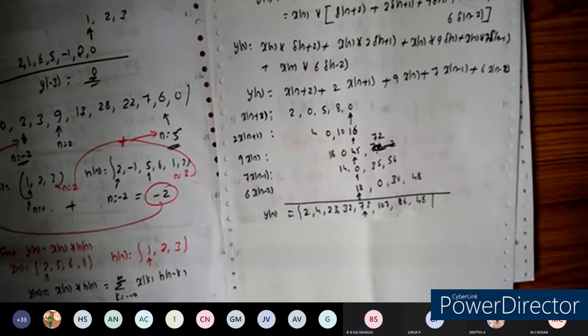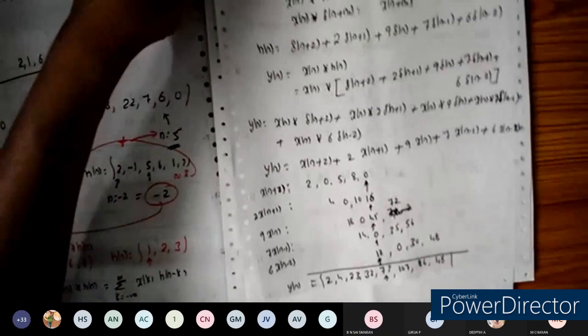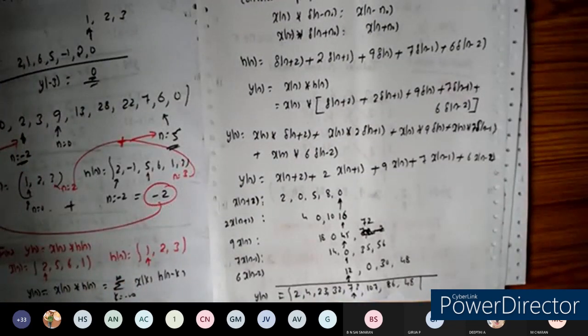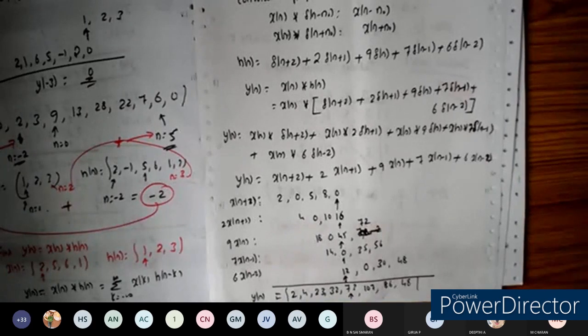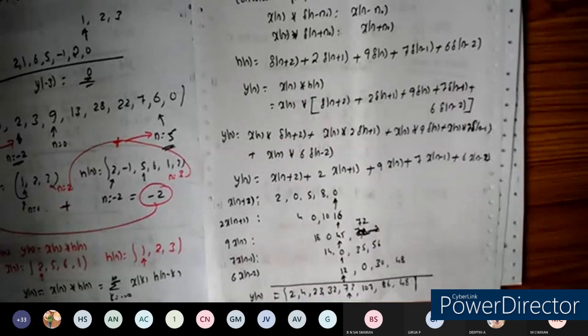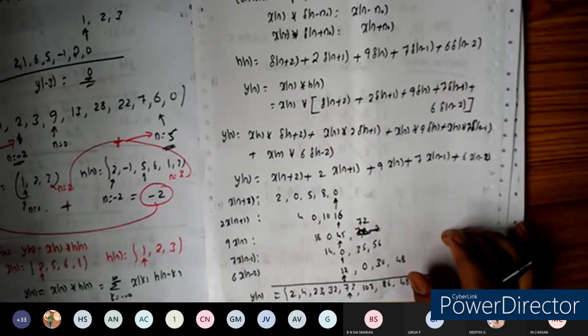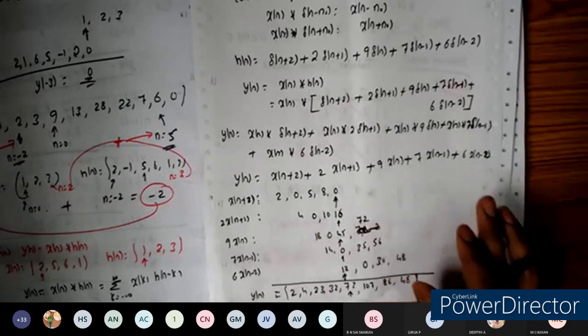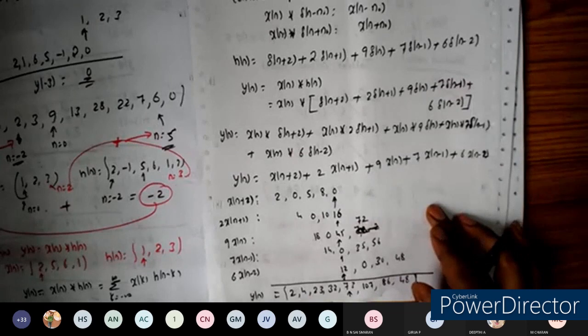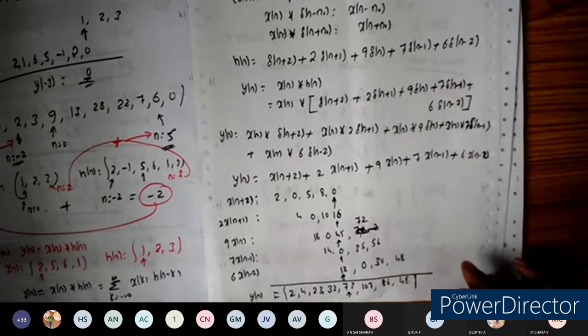Everyone got the same answer. So like this also you can do it, by applying the property called the convolution property of the impulse function. You can cross verify and check the time index. So you'll get the same answer here. You can do this in the lab exams also. There is the DSP lab, where we are going to do the convolution. So there you can write this also, no problem.